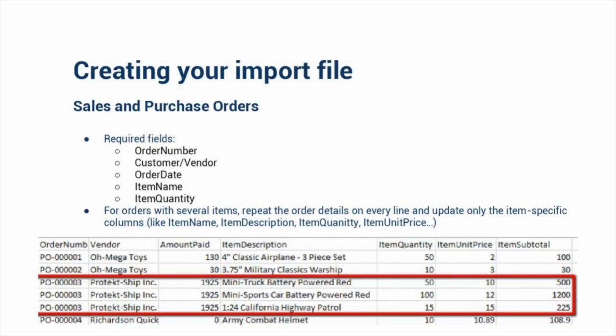You'll also notice in this screenshot that all of my products for my purchase order 3 are grouped together. So they're going sequentially. I haven't separated my item lines in my purchase order 3. I've kept them all together. And this is another common error that some users run into, is that they have trouble importing their items for a specific order when the items are not kept together. And I'll show you what that looks like with a demo, because it's pretty important here. So I'm going to go back to our screen sharing,